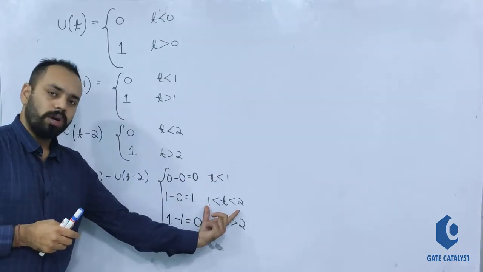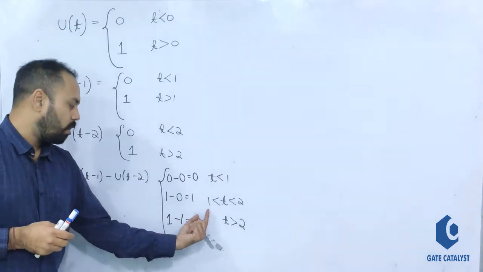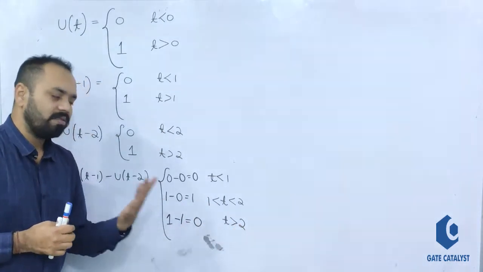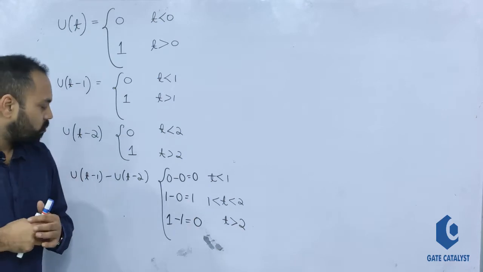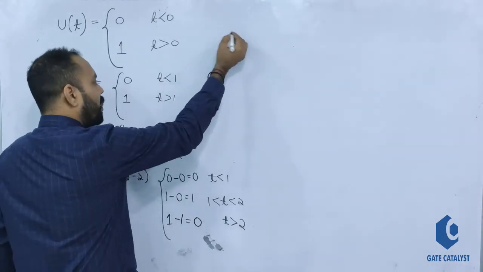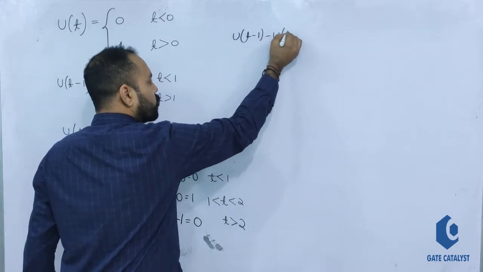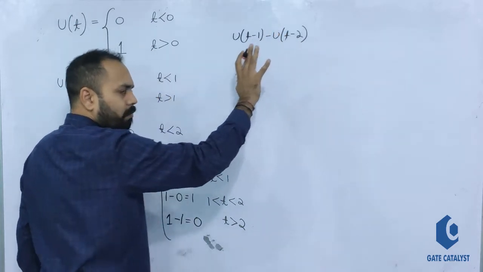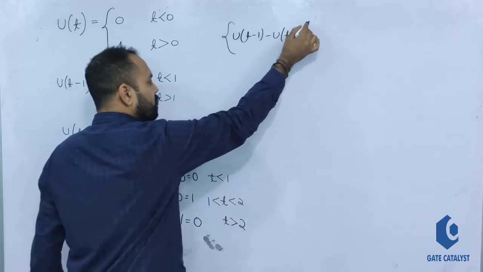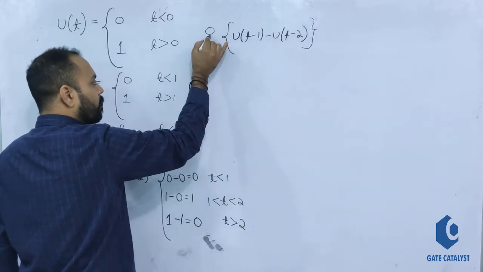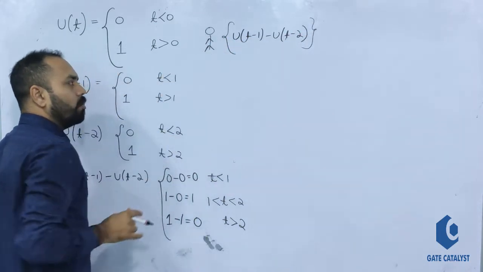When time is between 1 to 2, the answer is 1. When time is greater than 2, the answer is 0. So suppose I multiply u(t-1) minus u(t-2) by a quantity, suppose a person x gets multiplied by u(t-1) minus u(t-2). What does it mean